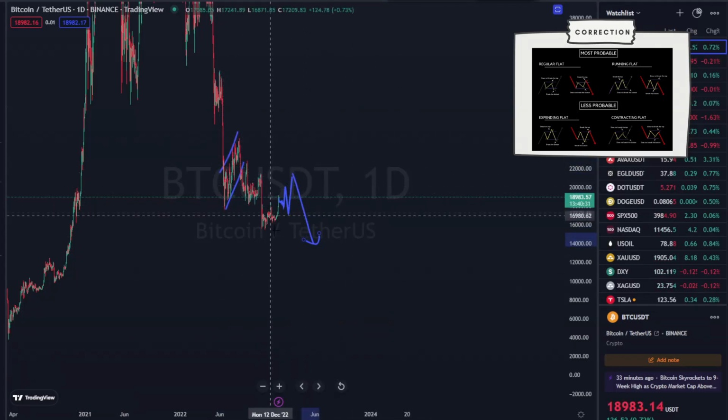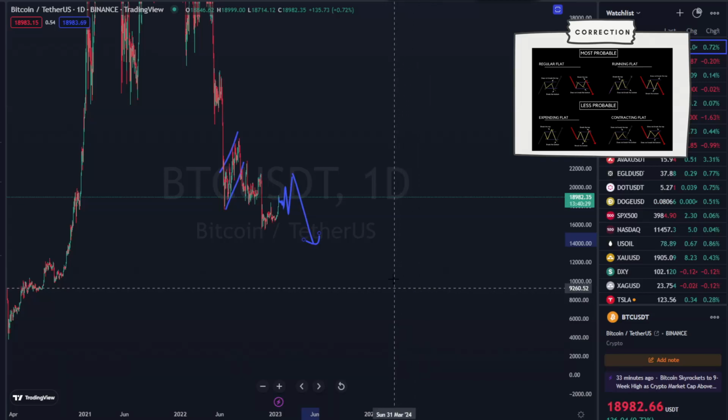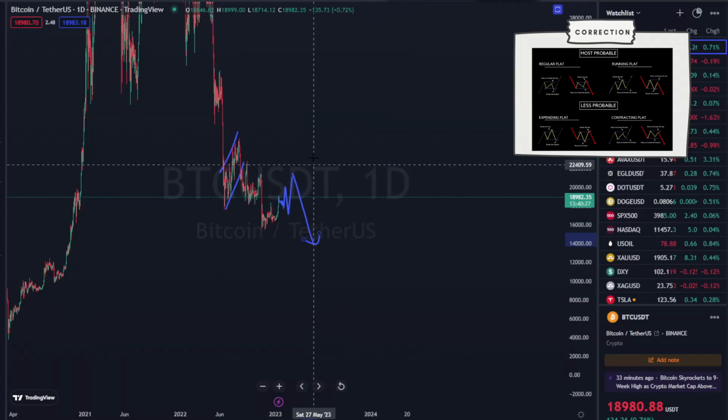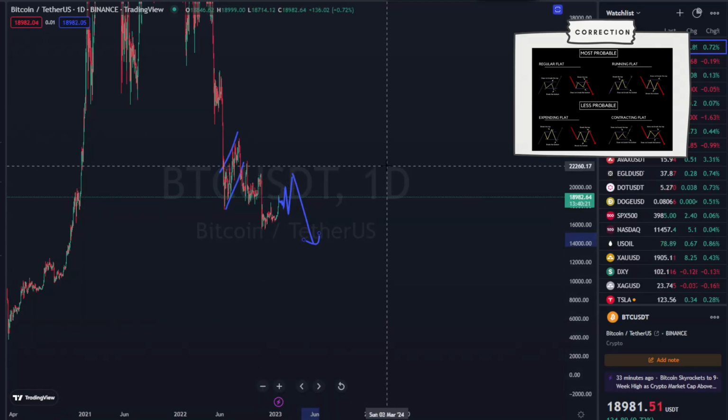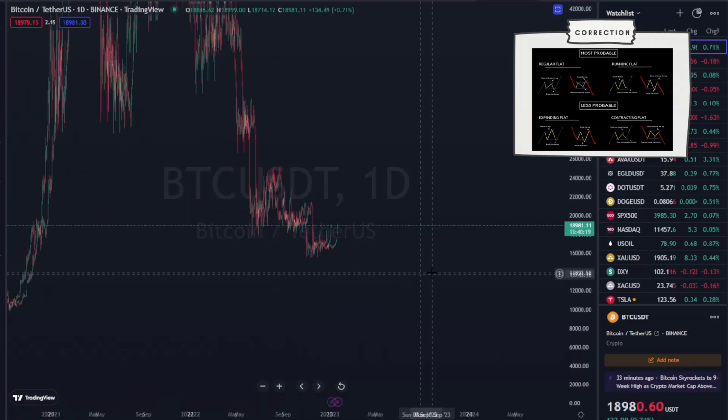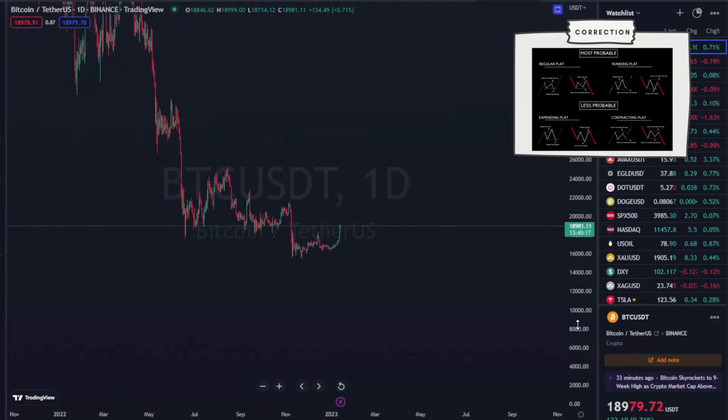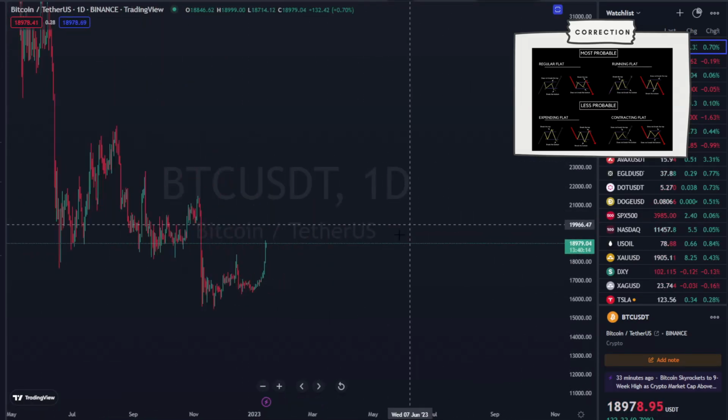So that's why the more you're getting into a complex correction, the more chance you have to break down and to not start the up move. Right? So it's always possible to start an up move from a correction. You always start an up move from an invalid correction. So